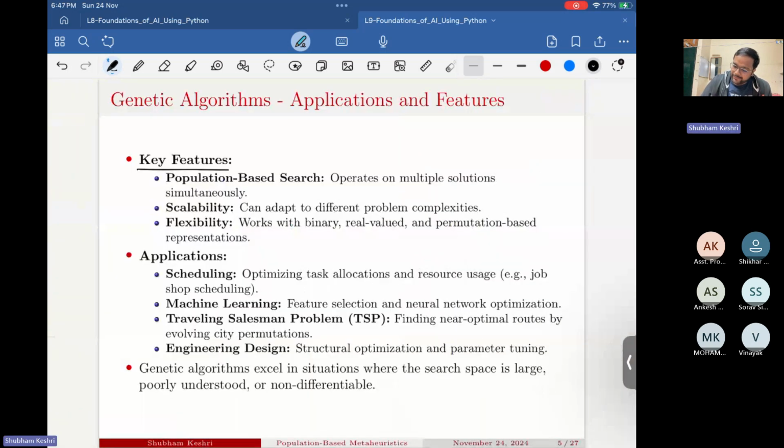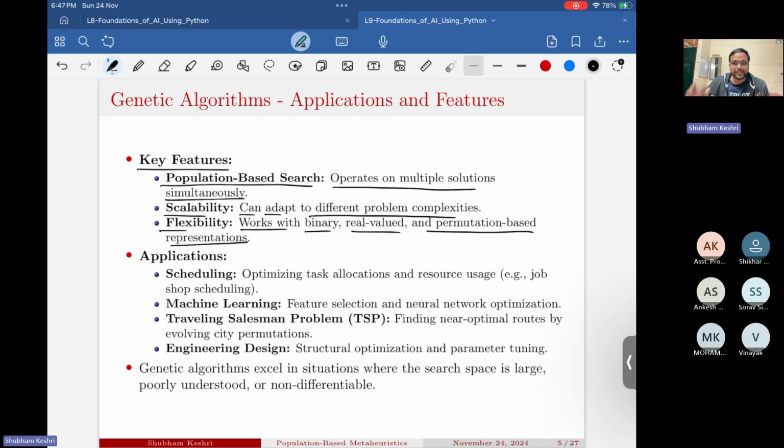Okay, so key features: population based search operates on multiple solutions simultaneously. Scalability, it can adapt to different problem complexities. Flexibility, it works with binary, real valued and permutation based representation. So